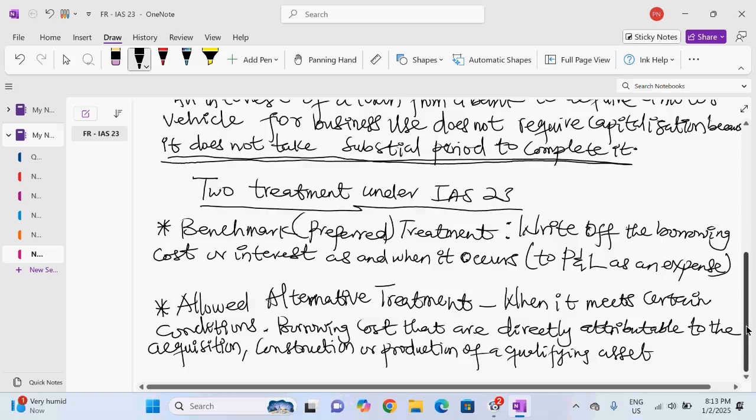So borrowing costs that are directly attributable to the acquisition, construction, or production of a qualifying asset should be